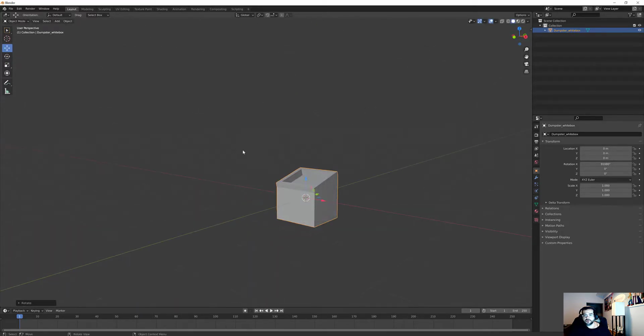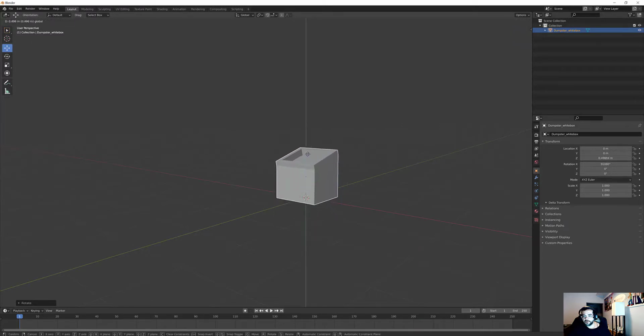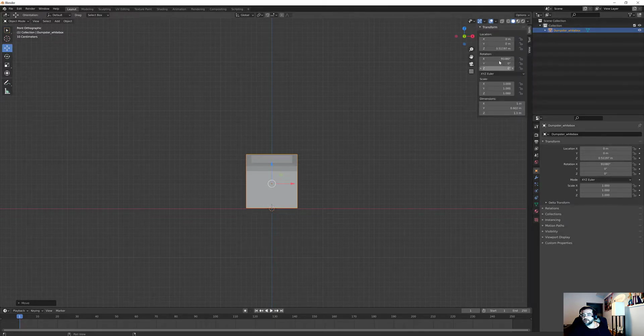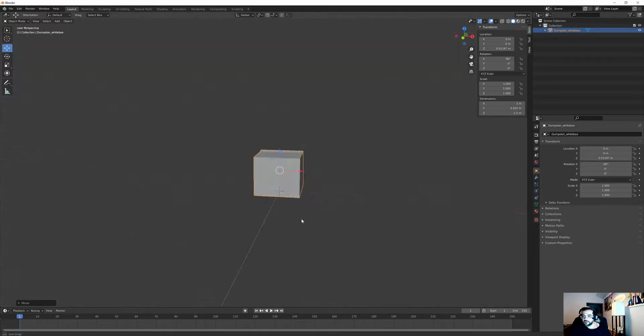So let's go ahead and move this up along our pivot. Now you can press the 1 key if you have a full keyboard. You can press the number 1 key on your numpad, or you can hit the tilde key and just go to front view. And then what I'd like to do is reset the scaling and everything of this object. So I'm going to bring this out a little bit, and you can see that my rotation is now roughly 91 degrees. So you can see here's 90, and if we do minus 90,